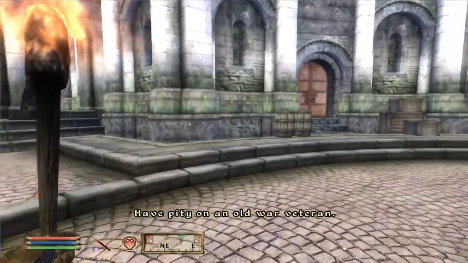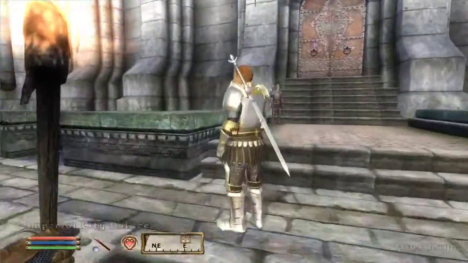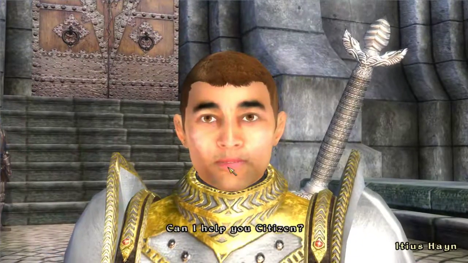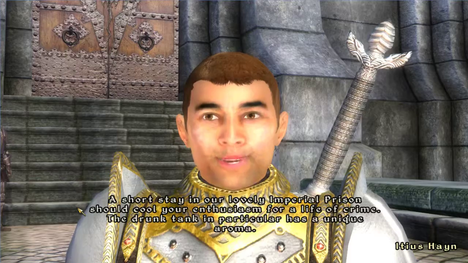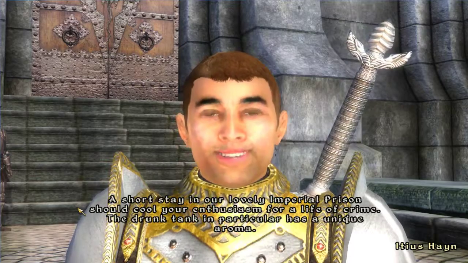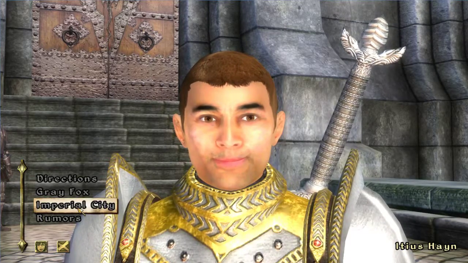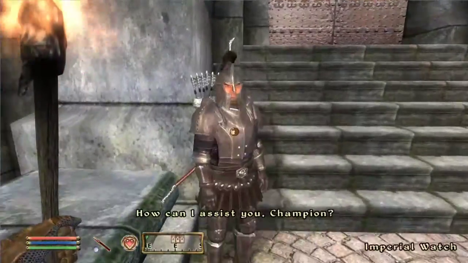Have pity on an old war veteran. Rowan, I thought I was going to kill the old man. What do you need, champion? Can I help you, citizen? A short stay in our lovely Imperial prison should cool your enthusiasm for a life of crime. The drunk tank, in particular, has a unique aroma. All right. Move along. State your...